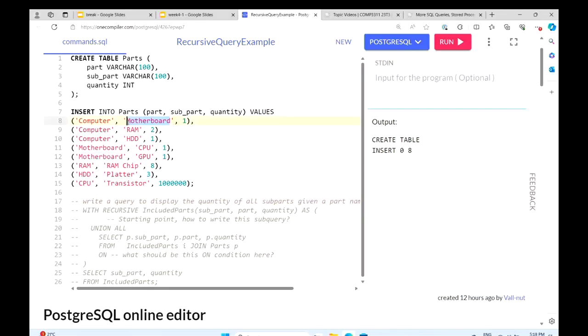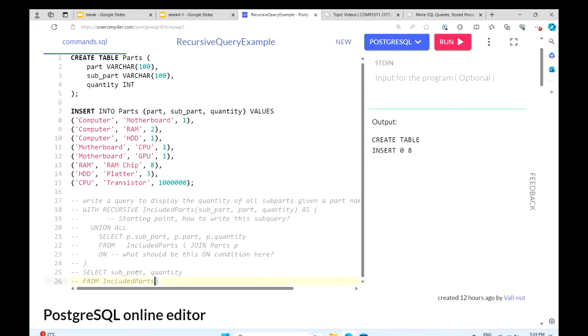The direct subparts for computer, we have three: motherboard, RAM, HDD. And subparts, we have CPU, GPU, RAM chip, platter and transistor. So we need to collect everything into one table.